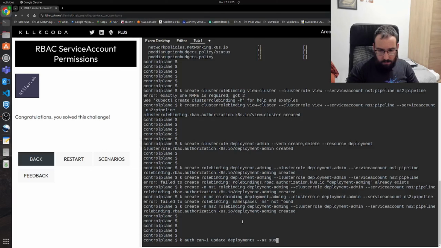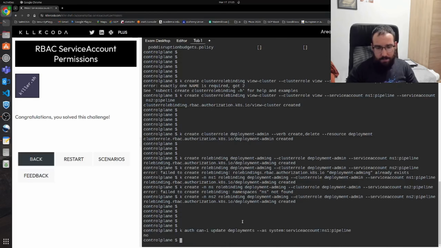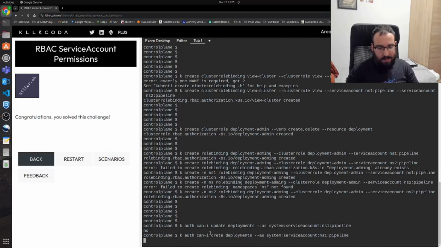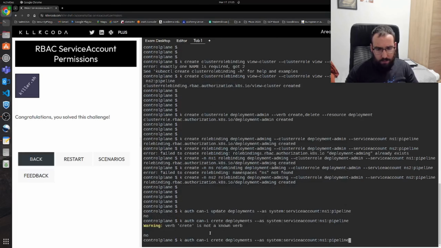And we have to say how: system, oh sorry, I wrote system, service account, and ns1 pipeline. All right, we should have a no, false, yep, because we only have permissions to create and to delete. So in the case that now we use create, we should have yes. Oh, sorry, create doesn't exist. Create,